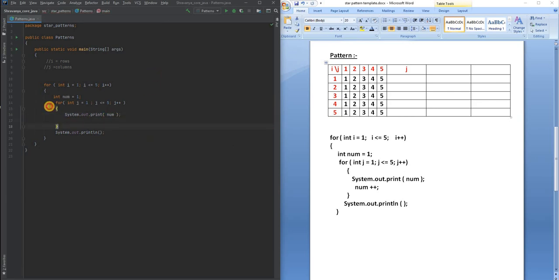Now this J loop is going to run 5 times. Actually it's going to run 6 times, but the sixth time the condition will fail, but that's not the problem here. For our particular number we are going to print that number which is 1, and as soon as we print that number we are going to increment that number inside the J loop itself like this, num plus plus. Then once this J loop ends,